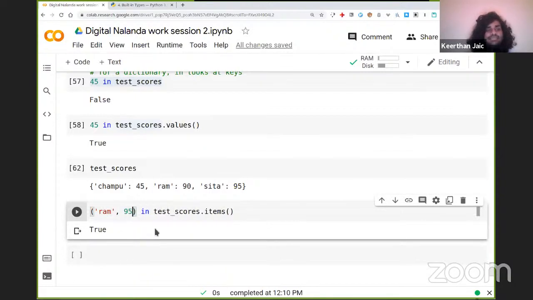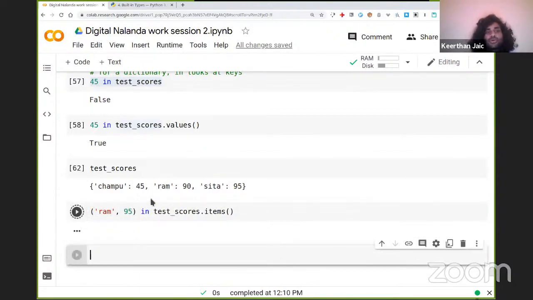And if I change this to some score which is not what's actually inside of the dictionary, we get false instead. And we can use the in operation